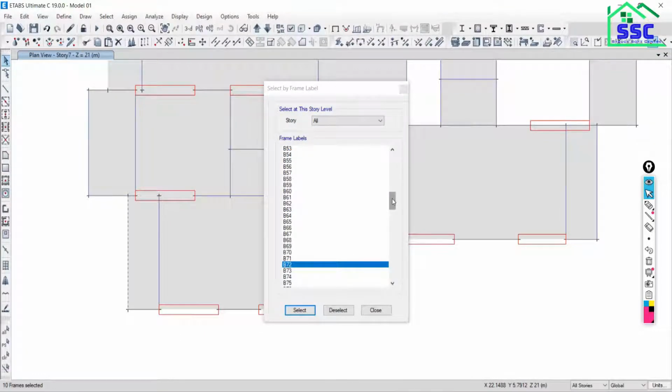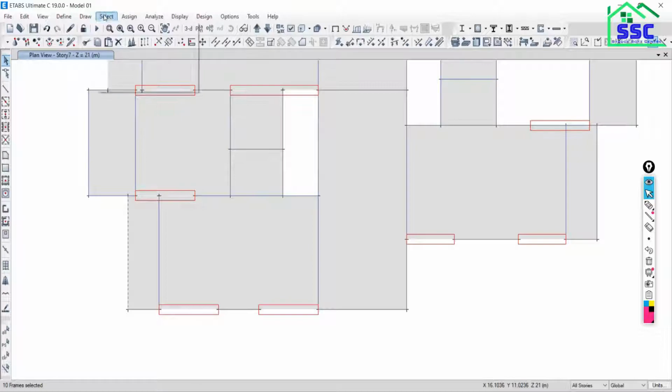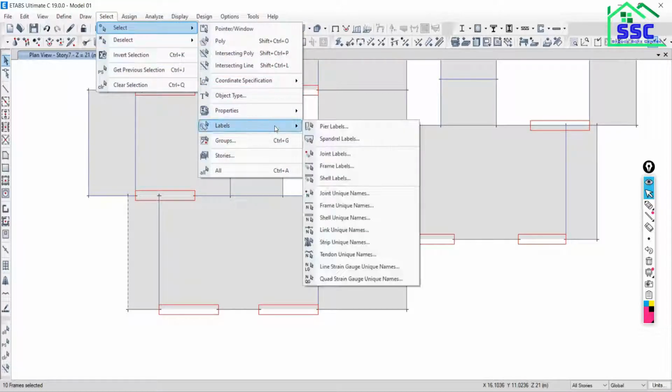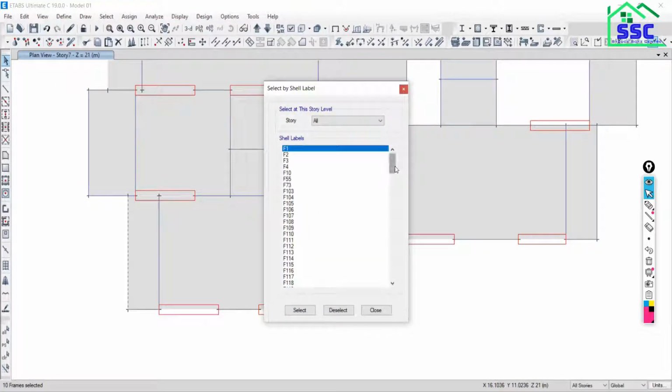110. Okay, select the floor, go to select, go to labels and shell labels, 110. Select.